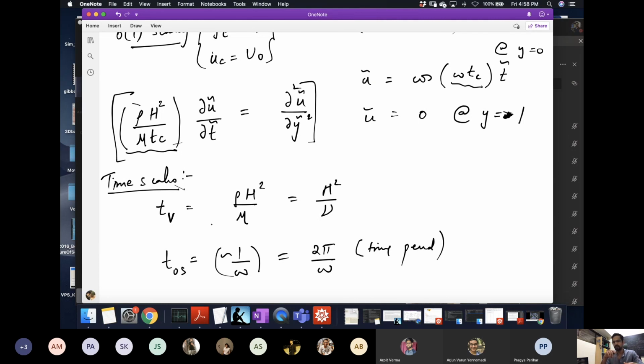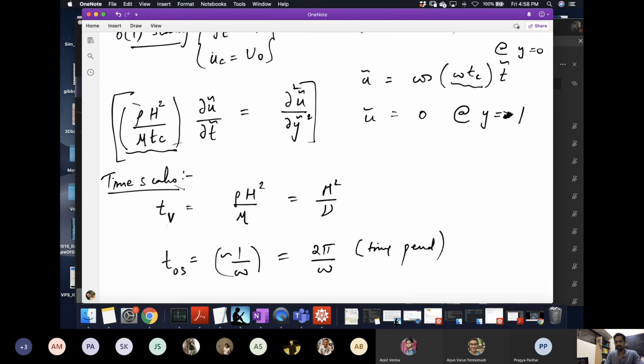So wherever the wall is moving, the mucus will almost respond instantaneously. Such a limit corresponds to the case where this h term might be small, and the time scale should not be determined so much by the viscous time scale, but I want to look at the problem in the timescale of the oscillation of the cilia.